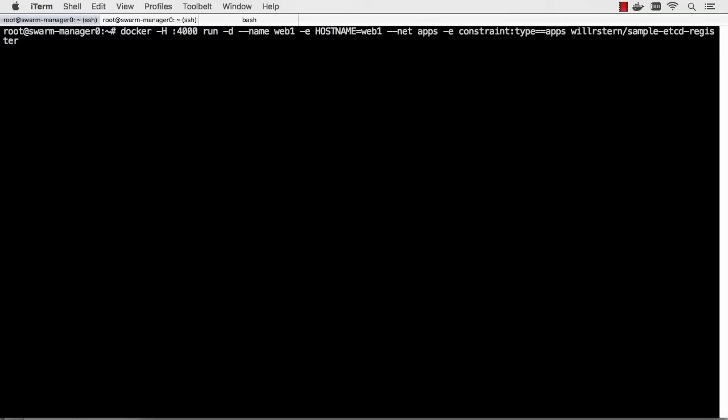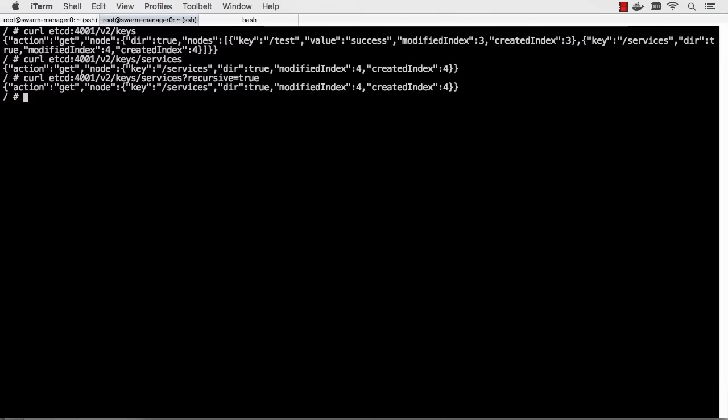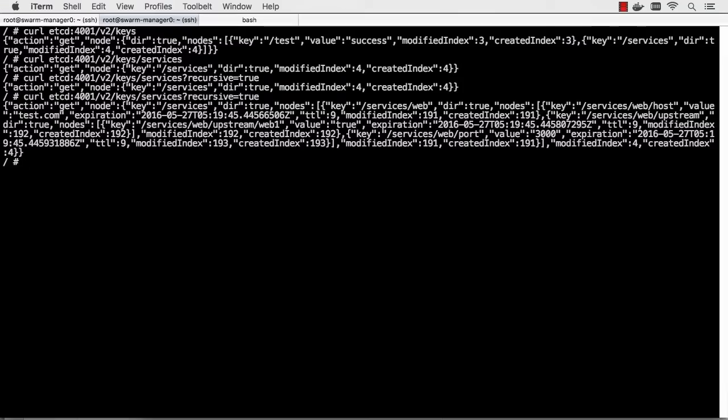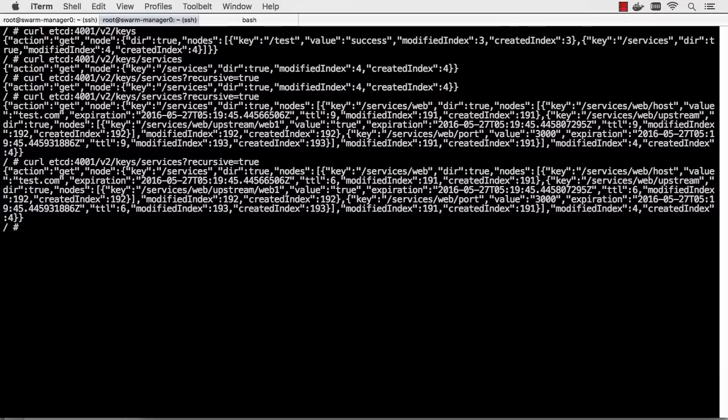And there's my container name. And let's see, I think we have everything. Let's go ahead and run it. Okay, it's running now on a node. Let's start checking, and instantly you can see that we're registered. We're registered as web1, and you can see there's quite a bit of detail in there, so let's actually break